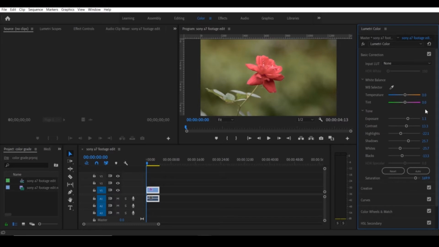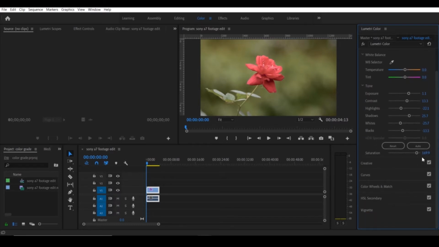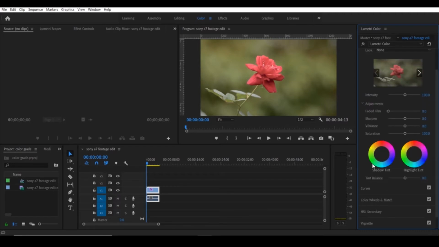Okay, so now what we are going to do, after that, is click on this creative option. Okay, so after the creative option, we will leave the intensity here. I don't want to increase the intensity, so I will leave the intensity at 100. Now we will click on the faded film to see what happens.